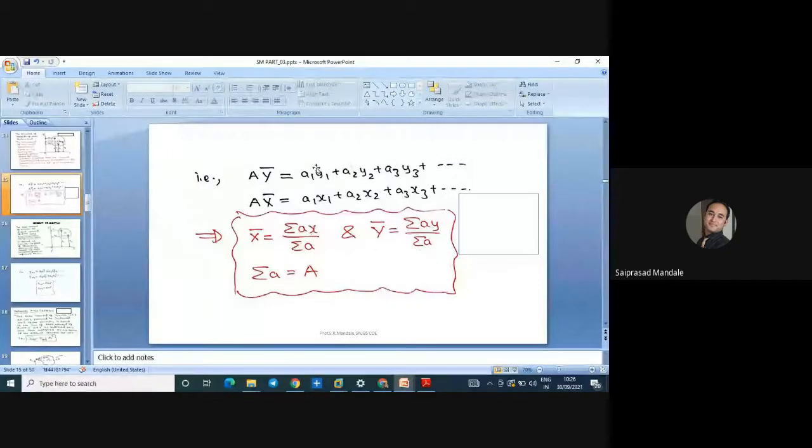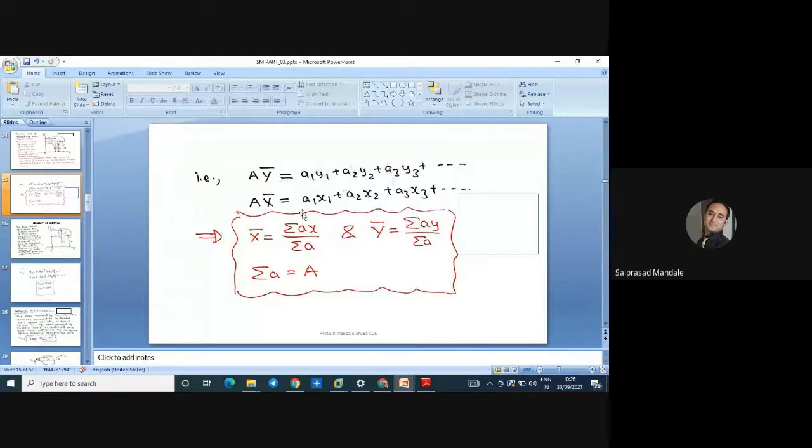So this is the first moment, A1 y1. If I wish to take second moment of inertia, then it is A1 into y1 into y1. So it is A1 y1 square, A2 y2 square. We have to multiply to each and every one. This is the first moment of area. It is the area and it is the distance. The product of both is the moment. So this is the first moment.